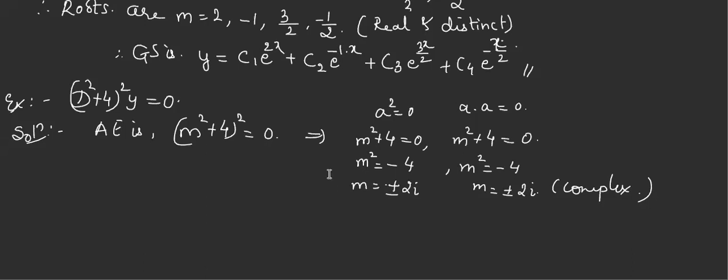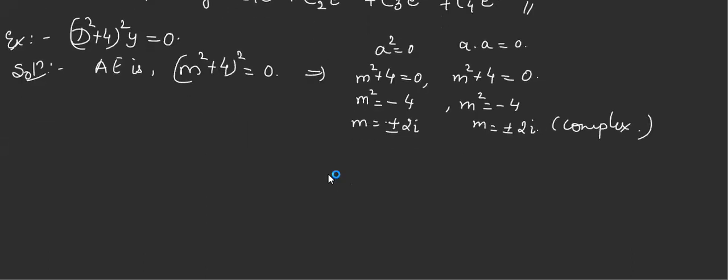For this, you don't need to worry. Actually, they don't ask such questions. But suppose if they have asked, I have taken it. So the general solution is, can you guess what should be the general solution? What is the real part of both? See, they are complex and they are equal, so equal we write together, right? e raised to, we have the real part as 0, e raised to 0x. Can you guess what should be this?